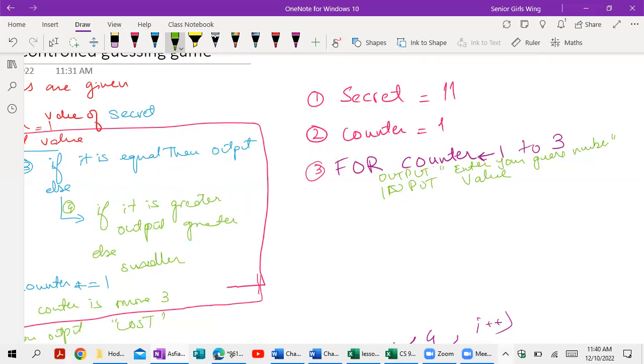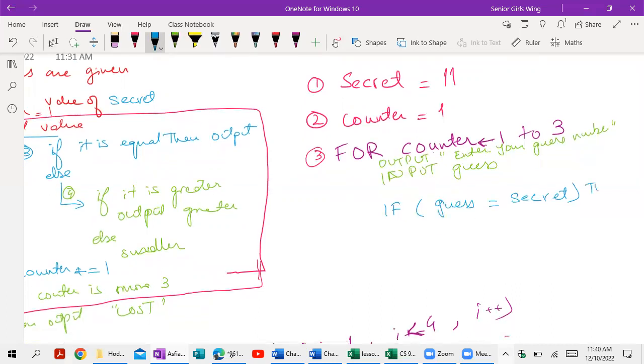Okay, then input value. Okay, make it guess, it's the name of the variable that matters. If guess equal to secret. Value, or actually let's just use guess, it's easier to remember like this. And here we have, okay, then